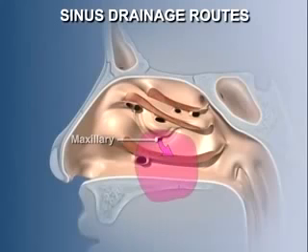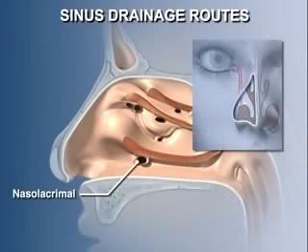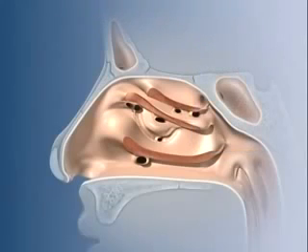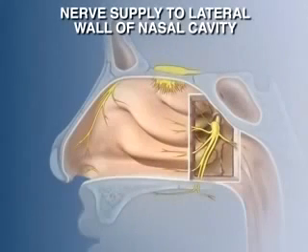The maxillary sinus was poorly designed for animals that walk upright. The drainage opening is usually near the top of the sinus, so the sinus has to fill completely before it can begin to drain. A fifth opening into the inferior meatus is the drainage site for the nasolacrimal duct. This duct carries overflow tears from the eye into the nasal cavity, which is why our nose runs when we laugh hard or cry. Sensory innervation of the lateral wall of the nasal cavity is supplied by lateral nasal branches